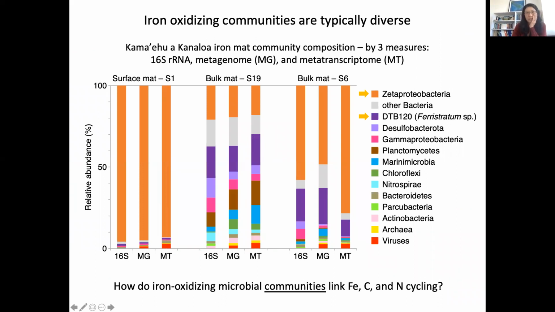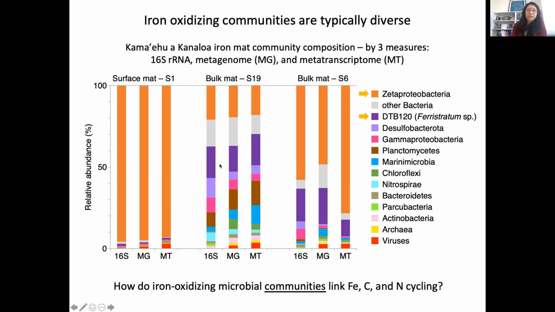And so we can see this. The surface mat is mostly zeta proteobacteria, which corresponds very nicely with our model of mat formation. And these bulk mats have much more diversity. There are many organisms living in this apartment building of the framework of stalks. And in particular, this purple one, I want to call your attention to, which is a novel organism in the DTB120 phylum that we had to name because there was no closely related organism, and we named it Fairystratum. And we have no idea at this point what it's doing there, but it's apparently very happy in these iron-rich